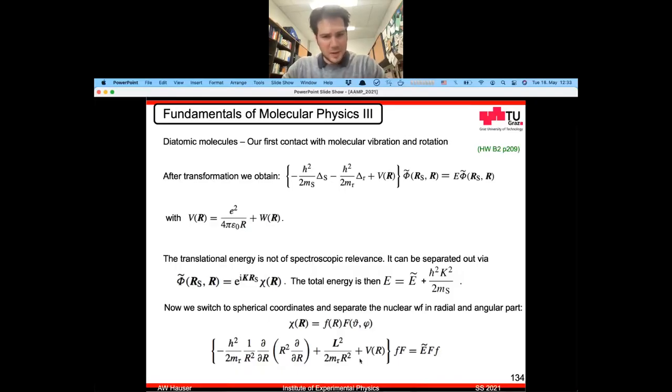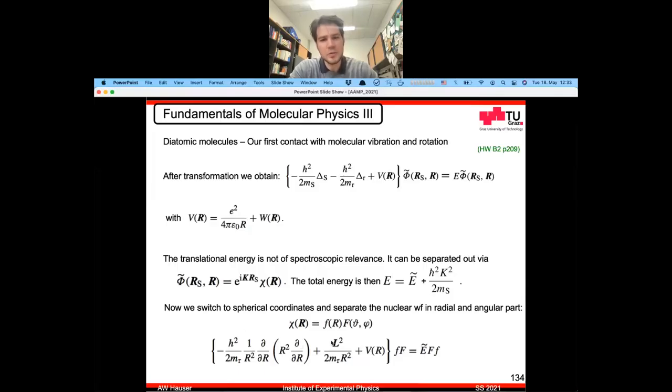You can look this up in any maths formula collection to make this transformation. You end up with a series of differential expressions. So we obtain a Hamiltonian now as a function of r, theta, and phi that looks like this, where